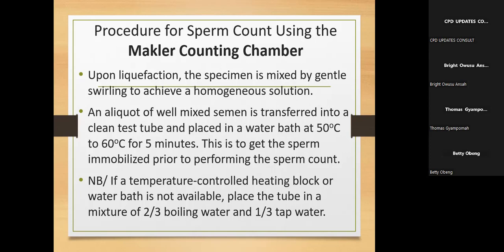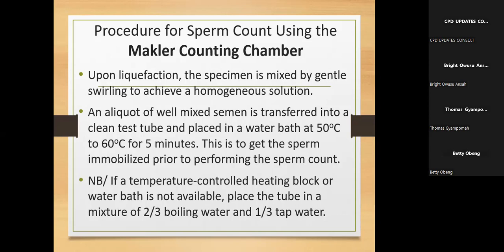So in the traditional method, the one that you and I use, you use a diluting fluid, and that diluting fluid must kill the sperm. So it will do that. Here in the macro chamber, there's not going to be any dilution. Yet you are going to count. You are going to use the raw specimen, and because you're going to use the raw specimen, you are not going to dilute. The sperms must be physically